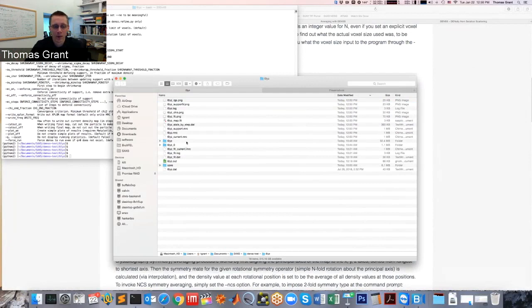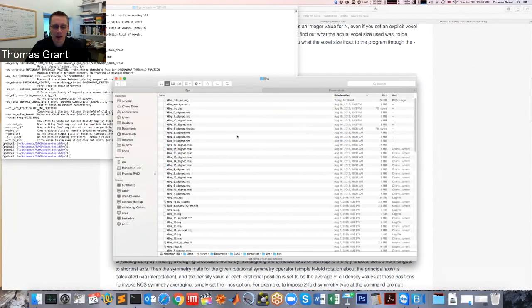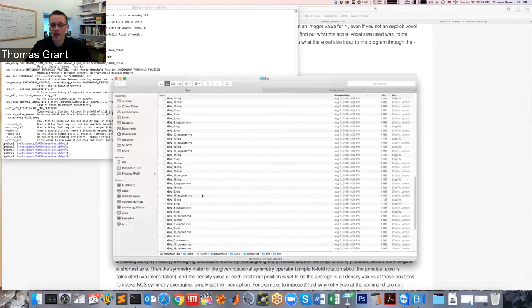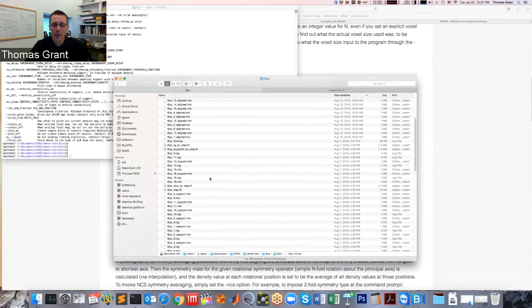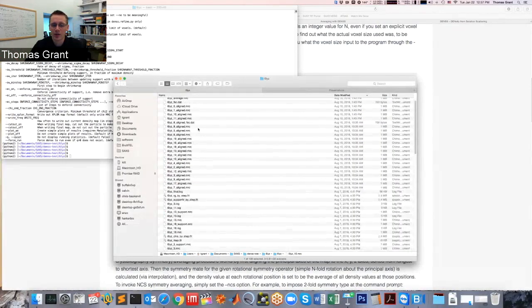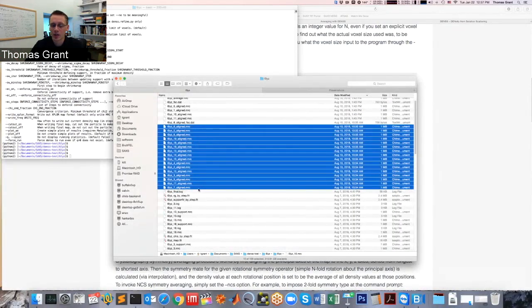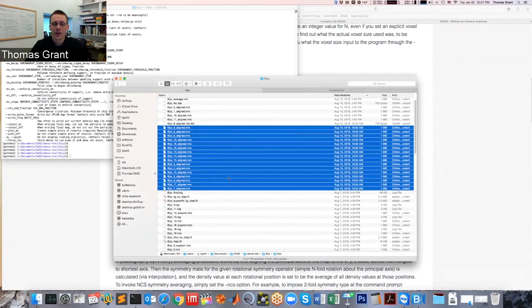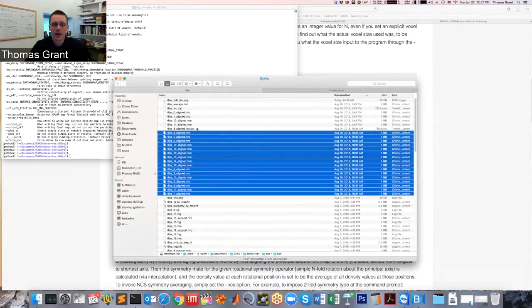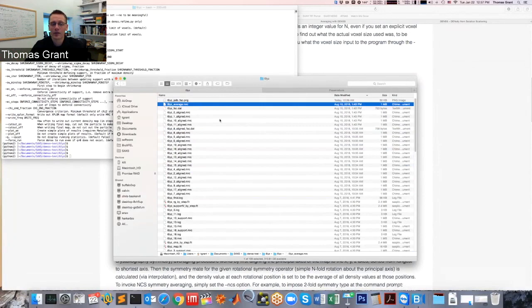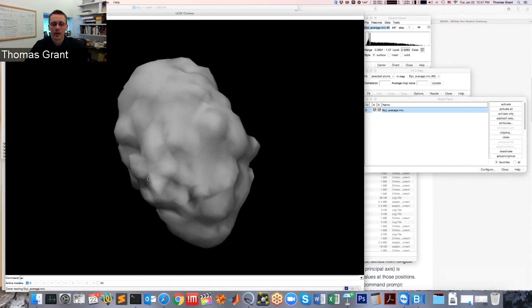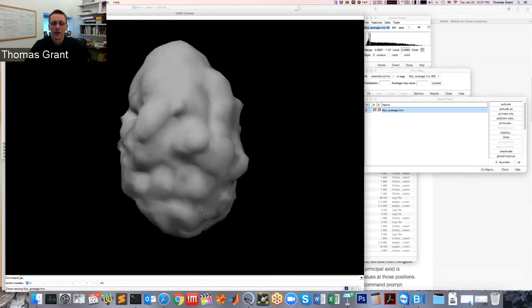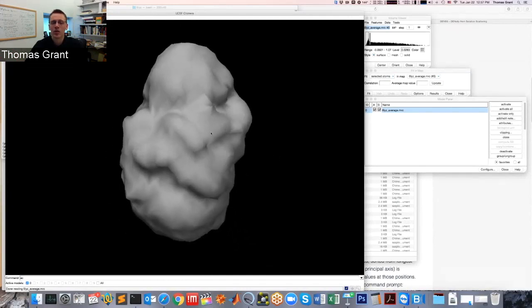So I've run one for you here, so that you don't have to wait. It generates all those files, so you can actually see all the individual reconstructions. It will also align all of them. It'll actually also save all the aligned reconstructions, and then it'll give you the final average. So this is the final average from the whole thing. And if you want to do certain simple things, you can do things like alignment